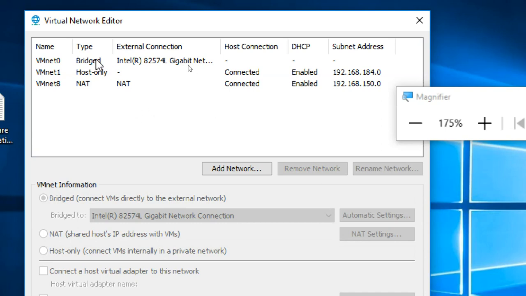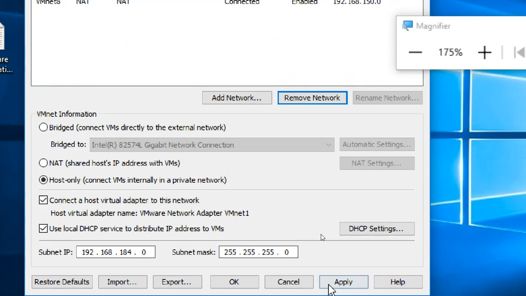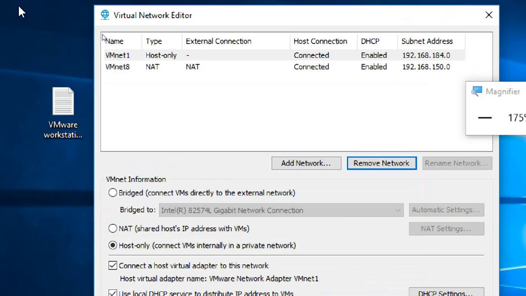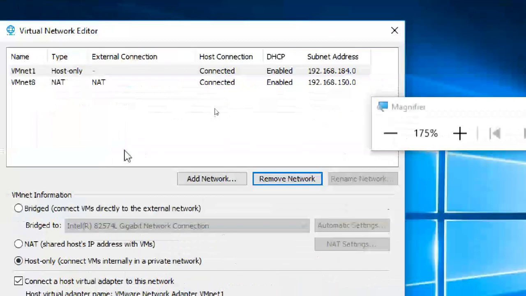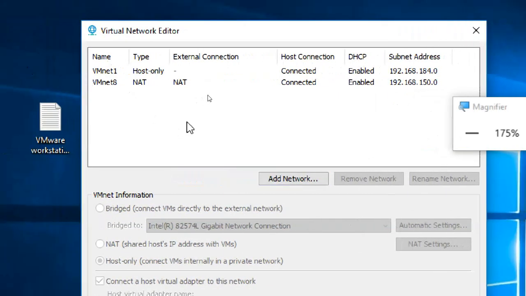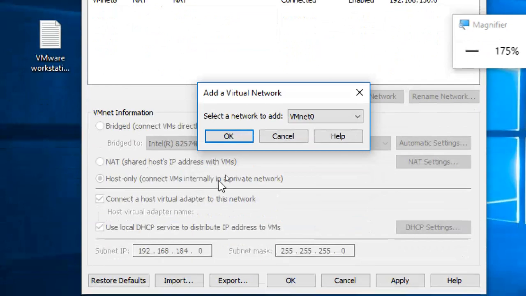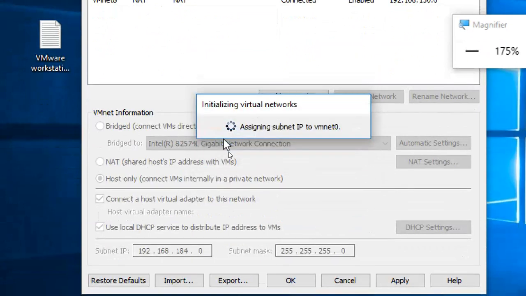If in case it is showing only these two things, not more, you click on change settings. Then what to do? If VMNet 0 is not showing, if it is not showing bridged to, click on add network, select VMNet 0, and click OK.